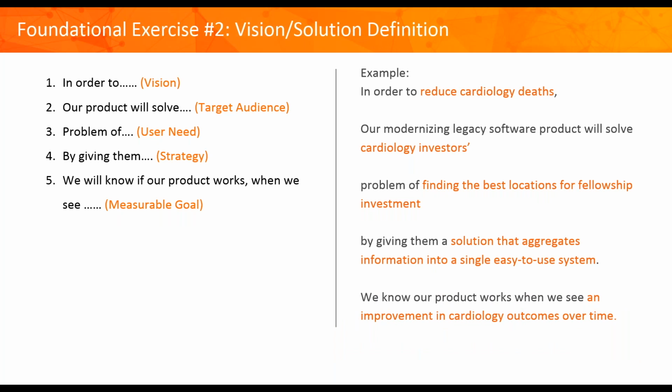This is kind of a Mad Libs view of this: in order to take this vision, we are going to talk about what our target audience, whether it's our end customer or our internal customer, is able to solve, a specific problem or set of problems, and we're going to give them something that will actually create this measurable goal. What we found is that when we work with our executive boards, when we're costing and funding and lots of words and numbers are flying around, it's very important to cling to this vision. It's okay to make changes, but it's very important to set this as a first guideline, because everything else will flow from this first vision.